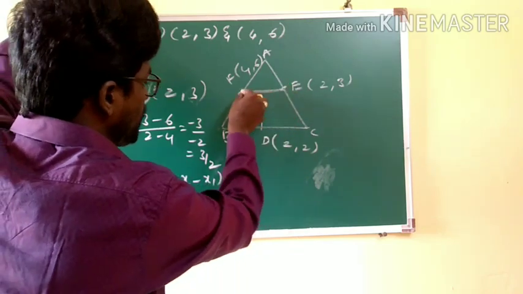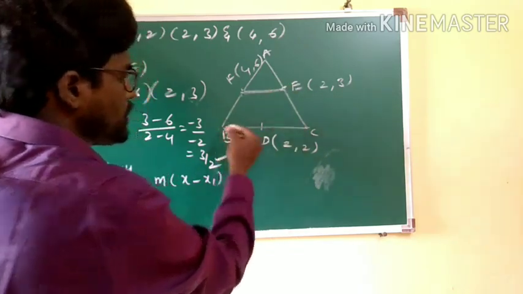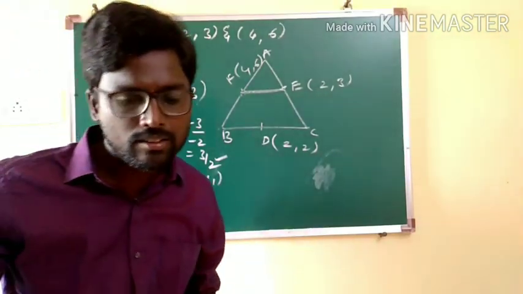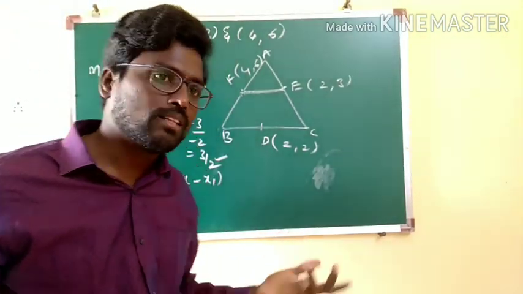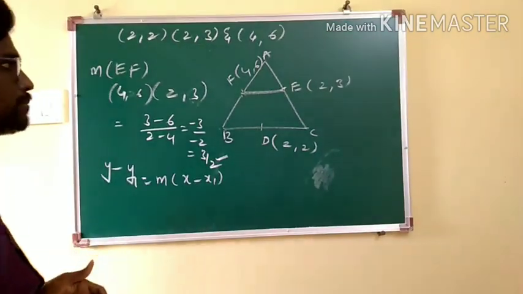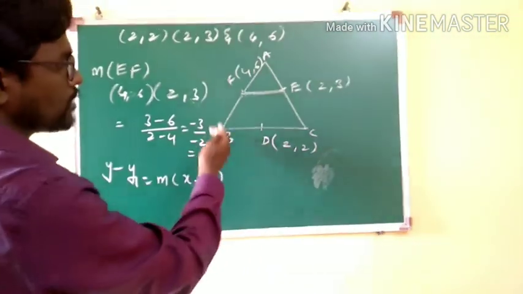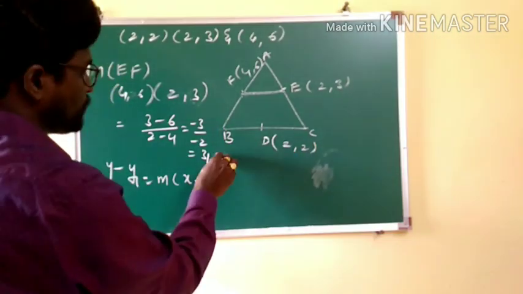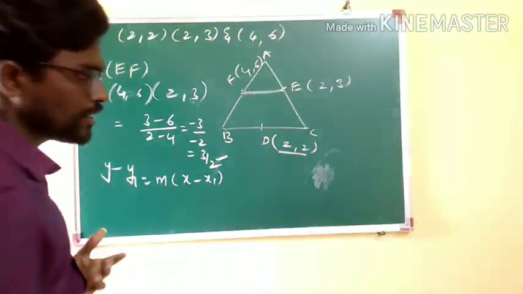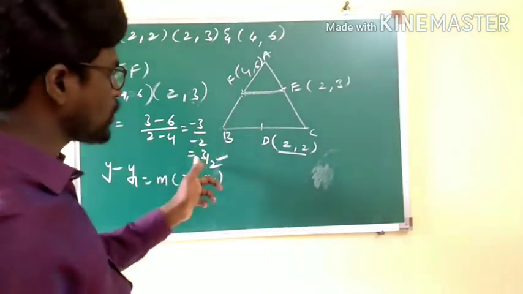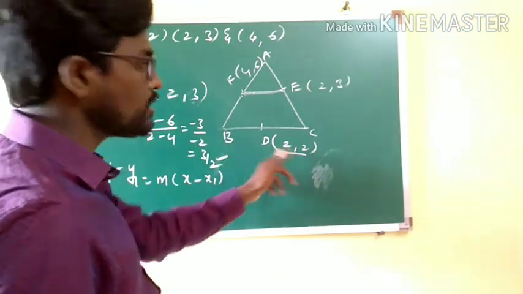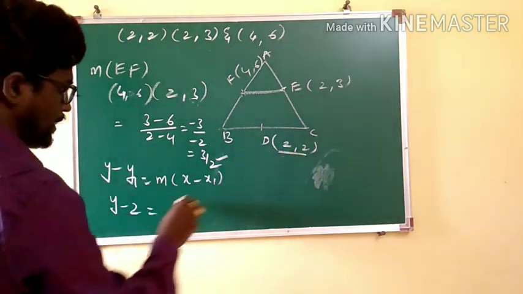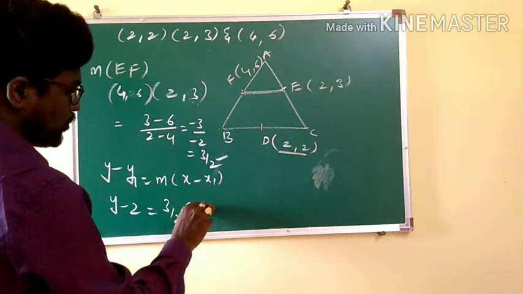Since the slope of EF is 3 by 2, the slope of BC also will be 3 by 2, because if two lines are parallel, then their slopes are equal. That's the reason the slope obtained for EF is equal to the slope of BC. So this line BC has the slope 3 by 2 and passes through the point 2 comma 2, and hence point and slope form. Therefore, y minus 2, x1 y1, y minus 2 is equal to 3 by 2 into